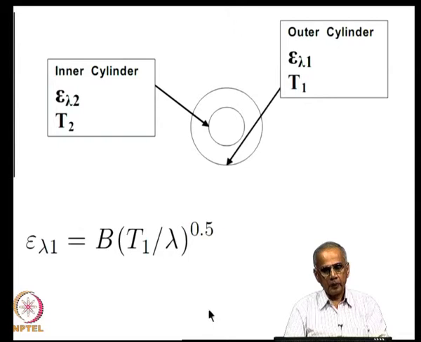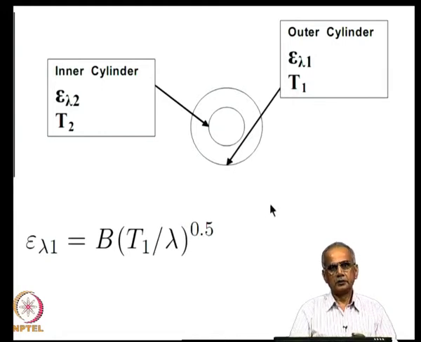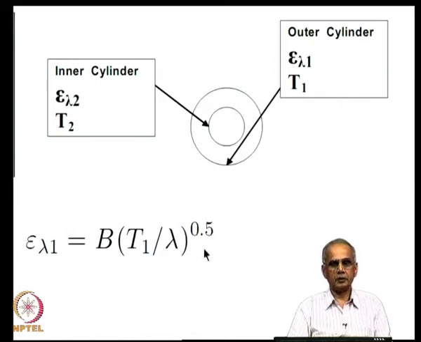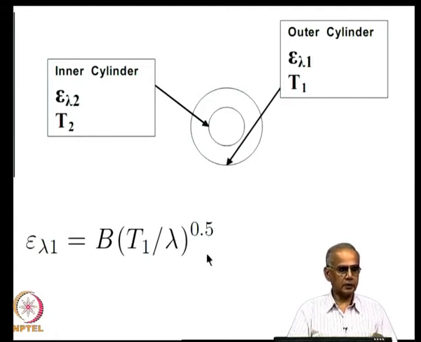Now, in the new derivation, we take into account the fact that the spectral emissivity of metals varies, because the outer surface of the inner cylinder of the Dewar flask and the inner surface of the outer cylinder are both silvered. Silver is a metal, and for that we can assume that the emissivity is a constant times the square root of the temperature of that surface divided by lambda to the power of 0.5. So, this is the expression which we had earlier looked at and showed how it affects both the total emissivity and the total absorptivity of metals. Now, we are going to use this result.